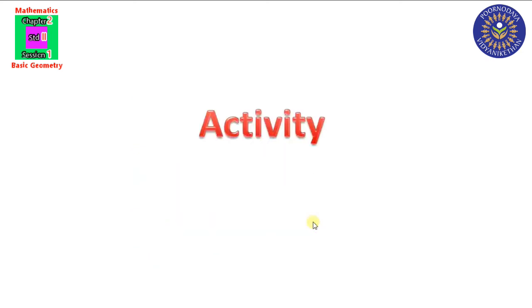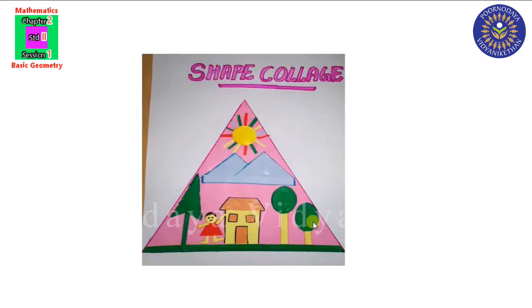Children, next we are going to do the activity. First we have to make a shape collage. You see here, it is a shape collage. By using 2D shapes, we can make this shape collage. Everybody should make this shape collage, take a neat photograph of it and upload the photo into our WhatsApp group. Next, you have to do some solid shapes also, that I will show you. Take the photographs of all this activity and upload it into our WhatsApp group.